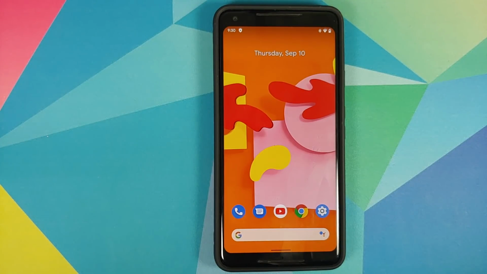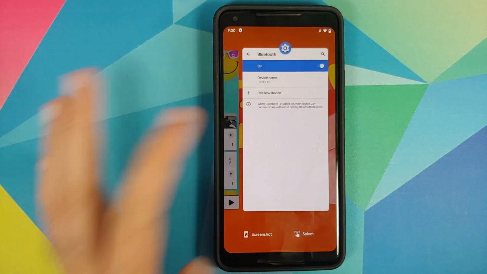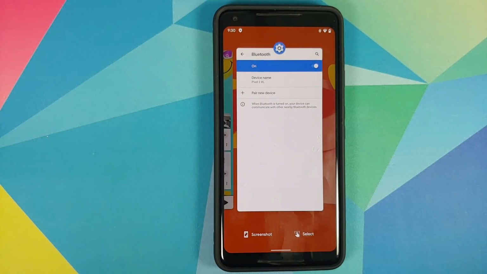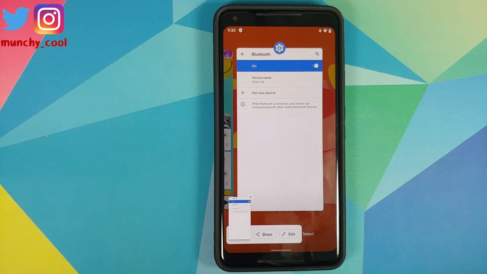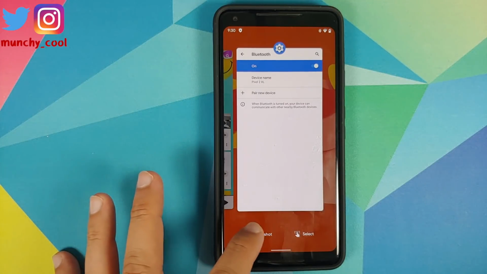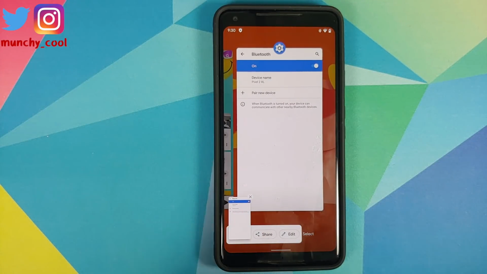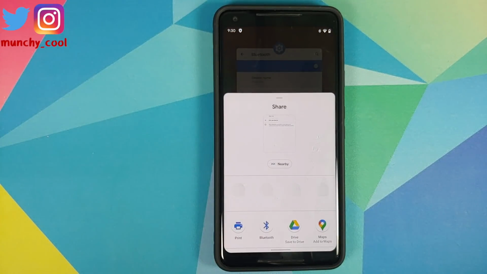Next up, we have changes in how the recents look. So here it is. Once I open the recents, you will see that I now have the option to take a screenshot, and it is going to take a screenshot of whatever recent window is in your view right now. So if I tap on screenshot, bam, it just took a screenshot. And as you can see, the screenshot share menu is over here right now, and the preview is also a bit different. So if I tap on share, I should now be able to share this screenshot with different applications which show up.